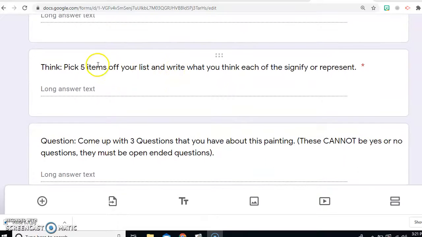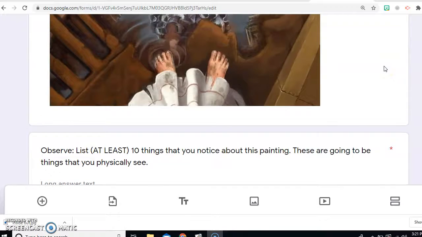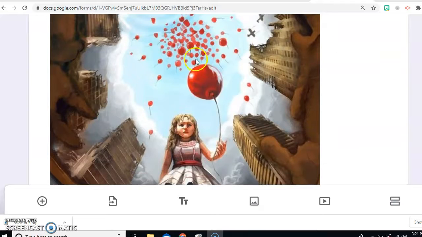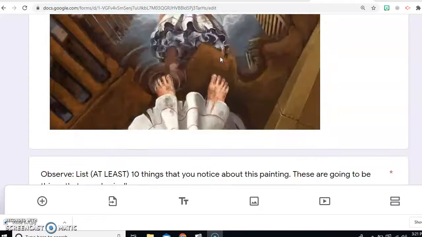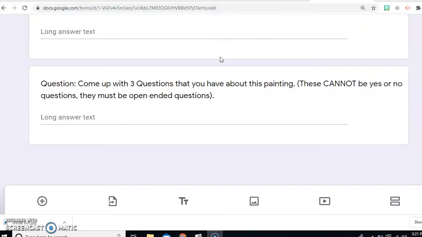And then I want you to think and pick 5 items off your list and write what you think that they might each signify or represent. So this is when you're going to dig a little deeper and you're going to ask, okay, well, why do I think the balloons are red? Okay? And then finally, you're going to come down to this question down here,